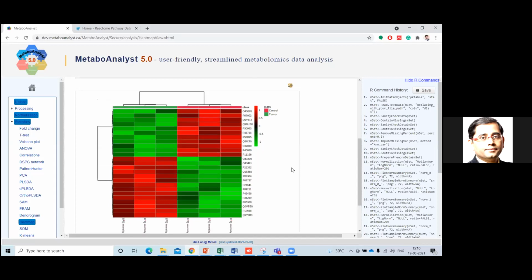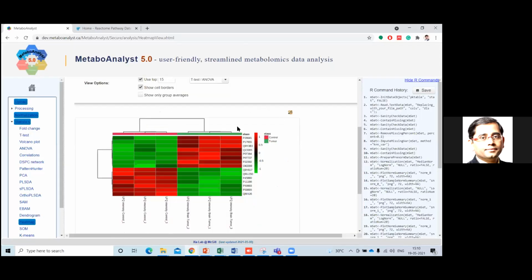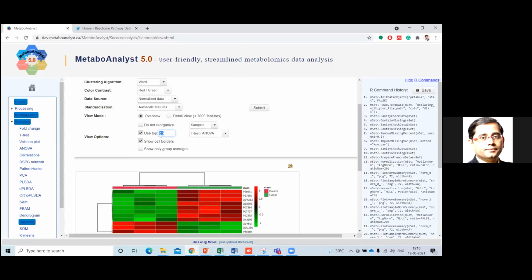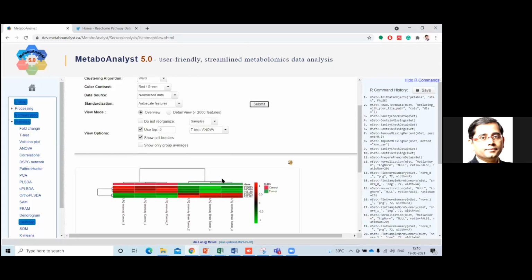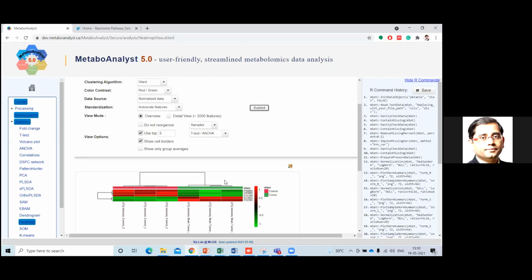So the heat map gives you an understanding of your whole data, and from this whole data you are now seeing the top 25. You can even decrease it. For example, if you just want to see the top 5, people who know about Western blot can check these top 5 proteins. They can check what antibodies are available, whether these particular proteins have any biological sense or not, and take them forward for further validation using Western blot, right?